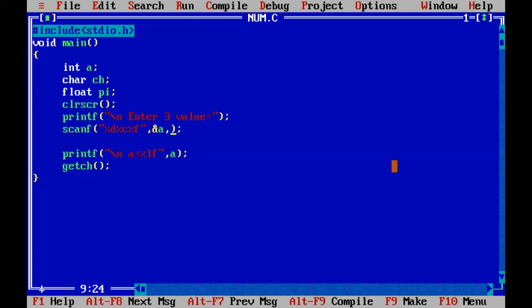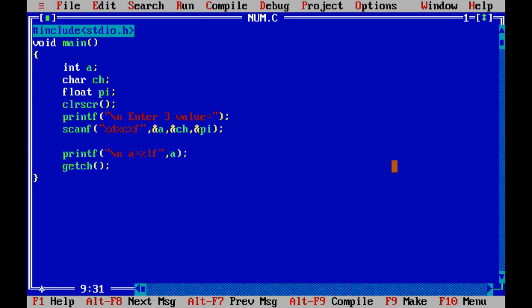Then comma, the second character value should be stored in variable ch, so the address of ch. And the next floating point value should be stored in the pi variable, so that value should be stored at the address of pi, comma, ampersand pi.